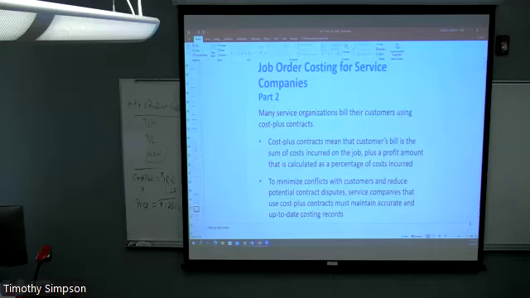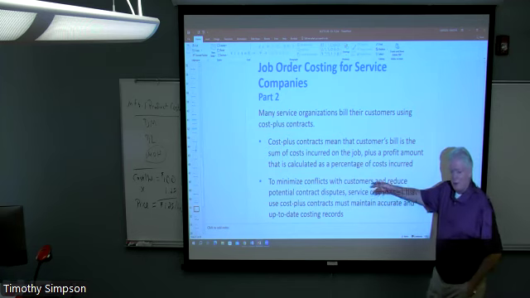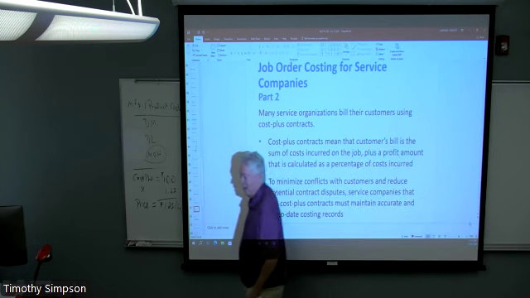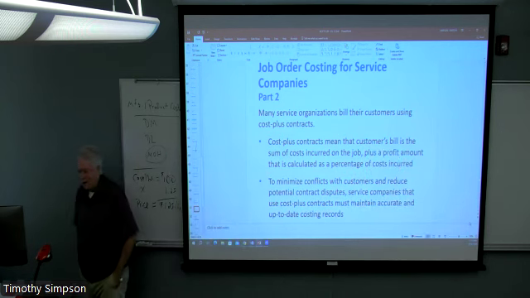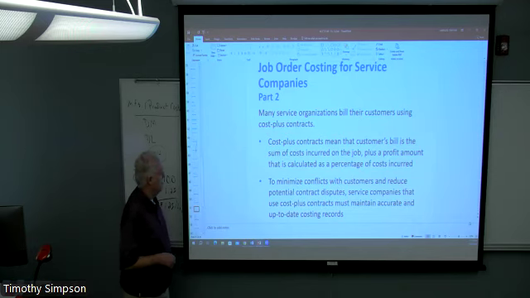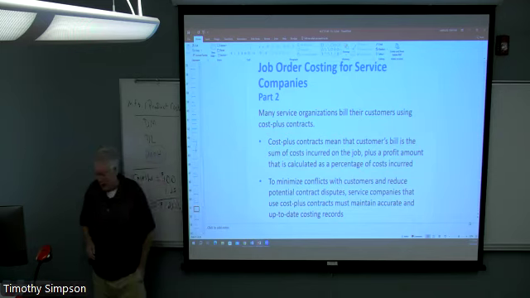The problem that I see with cost plus contracts, as it sort of alludes to here, is that conflicts can arise. Number one, the seller has to be able to accurately record and show these costs were incurred. And they're going to have to convince the buyer that they're not boosting those numbers. And for their part, the buyer has to be vigilant as well to make sure they understand what's happening, so that they know the price they're paying is a fair price. To the extent that can happen, that's all to the good.